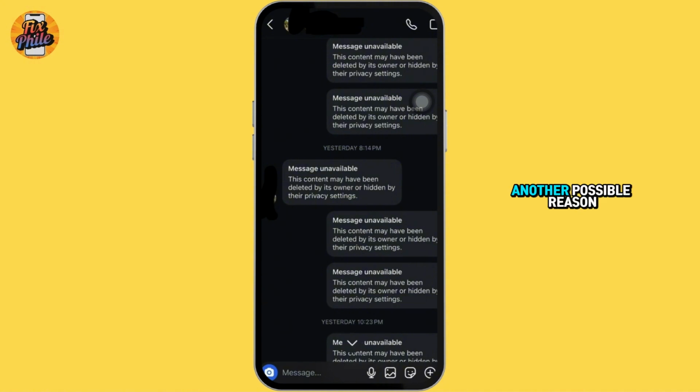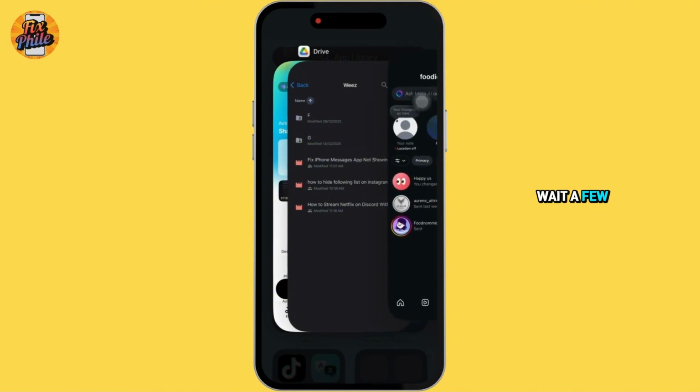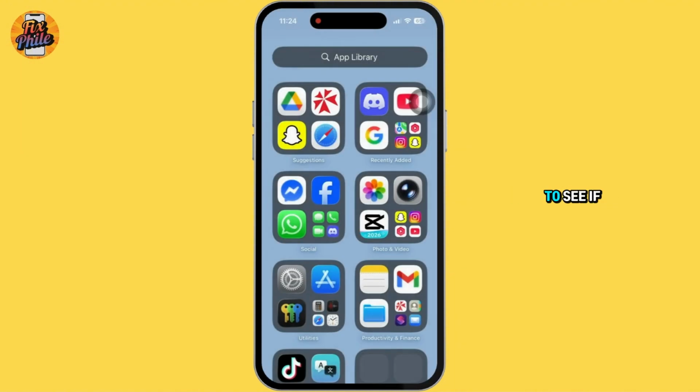exists. Another possible reason is related to sensitive content restrictions. If you have sensitive content controls enabled on your account, this can sometimes prevent certain messages from being displayed properly. In some cases, a simple refresh can fix the issue. So try closing the Instagram app completely, wait a few moments, and then open it again to see if the message